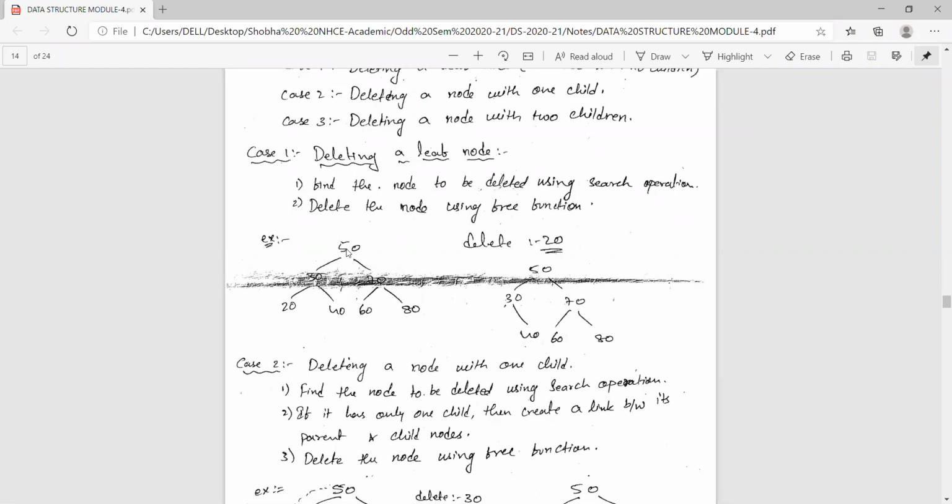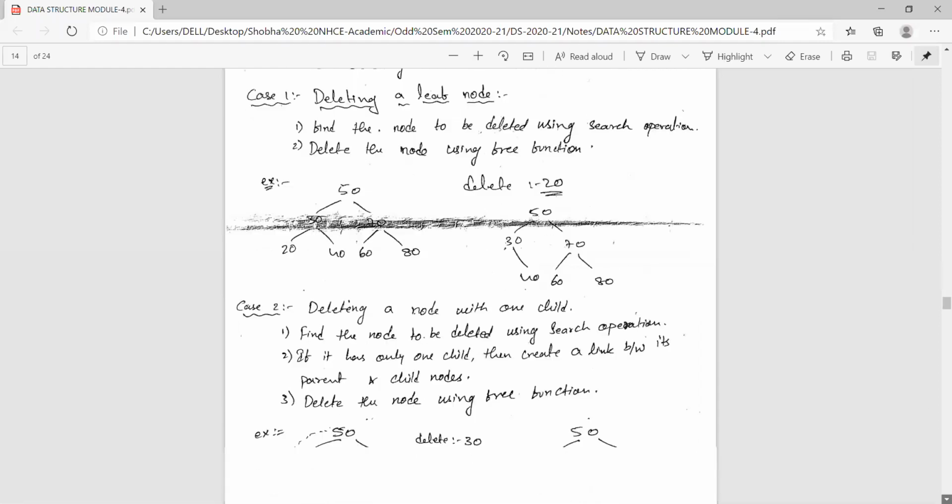Is 20 equal to 50? No. Is 20 less than 50? Yes. Go to the left side. Is 20 equal to 30? No. 20 is less than 30, so go to the left side. Is 20 equal to 20? Yes, my search element is found in this particular node. Once I get the pointer or address of this node, I free it using the free function, and make the parent's left pointer null.